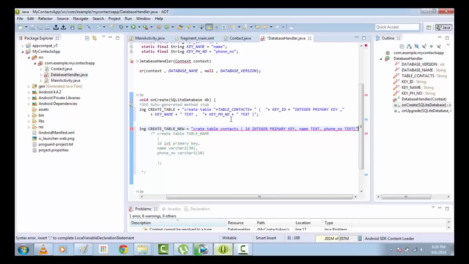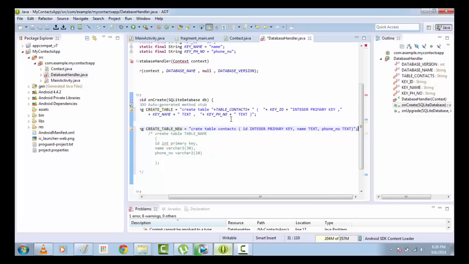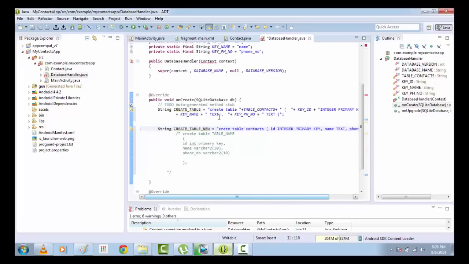You can write it like this also. Save it and